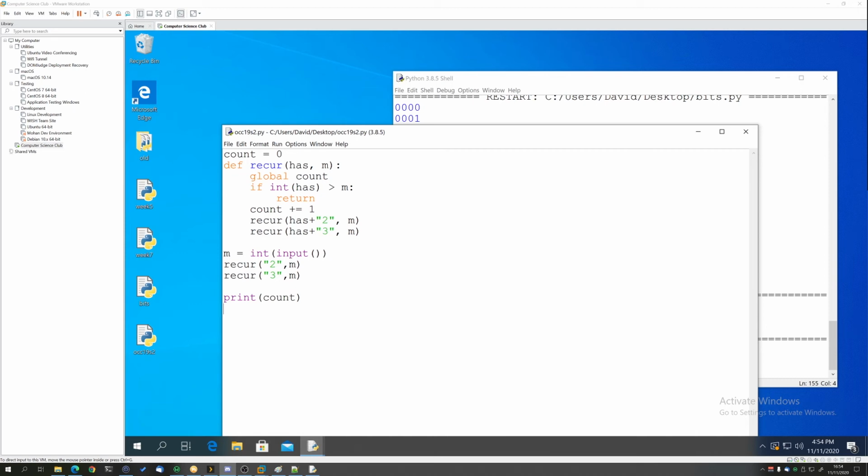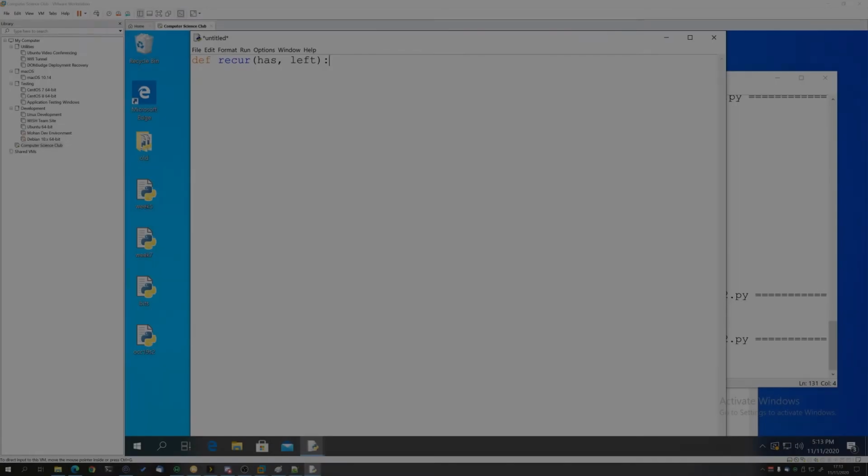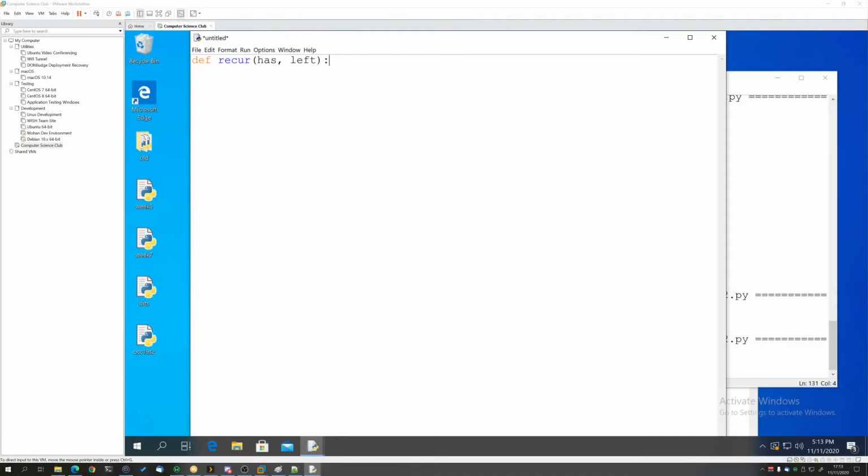This is ICS4P1. So this is the word scrambler problem. Okay, so the base case is when the length of the word is the same as the length of the original word. Okay, yeah, that totally works. Yep. Okay, so I'm just going to take a bit of a different approach here, is I'm going to kind of use a countdown where I'm going to say, hey, I have this many left.